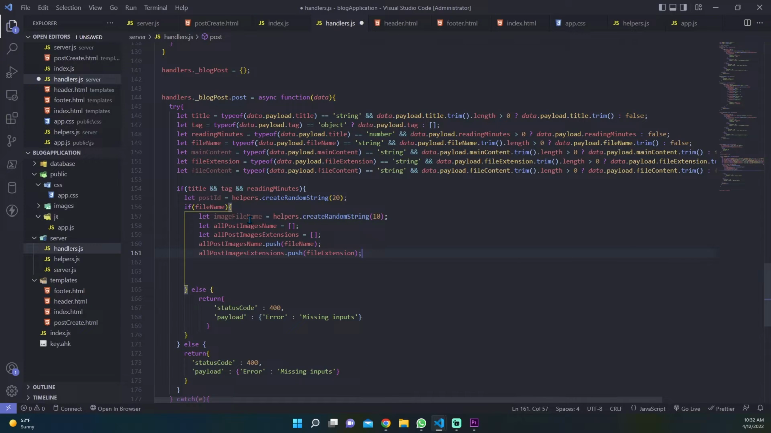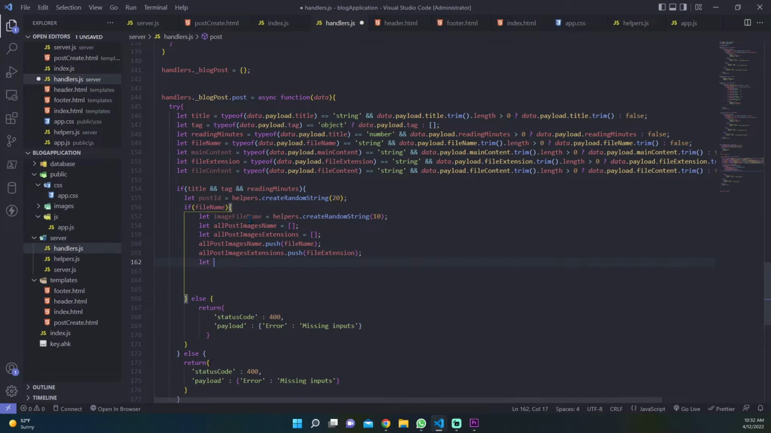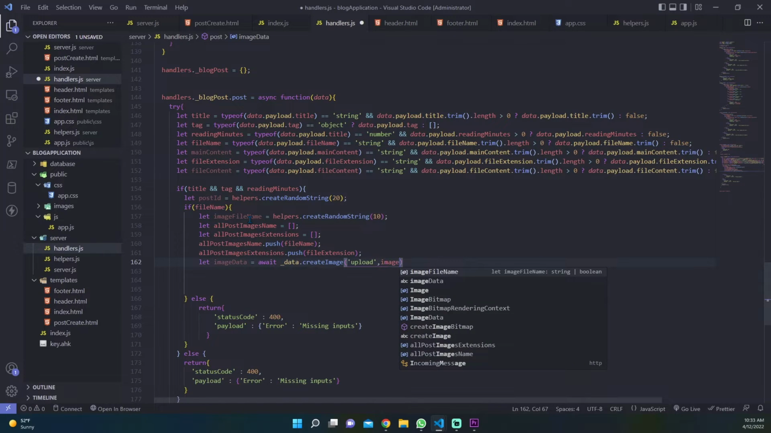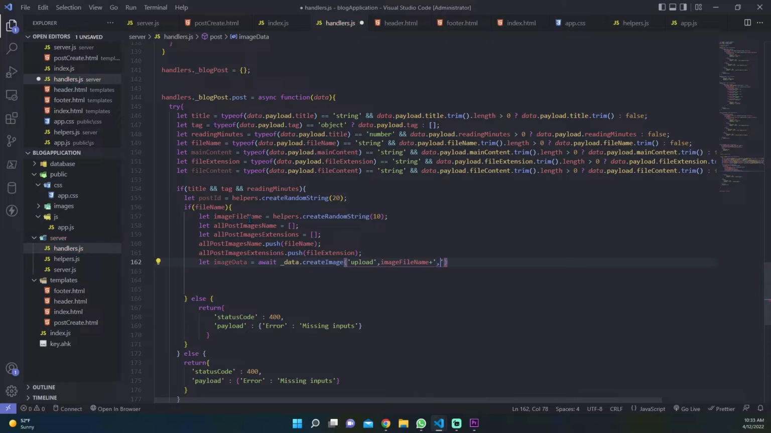Okay, now we can start to save our image data on our server. So we have to use a function that does not exist yet, so we have to build it together in a moment. Let image data is equal to await data dot create image. We want to pass here the folder, we want to pass the image file name and also the extension. So here dot